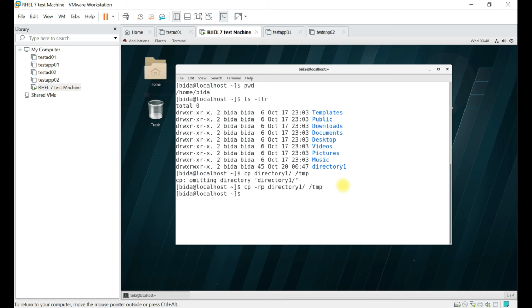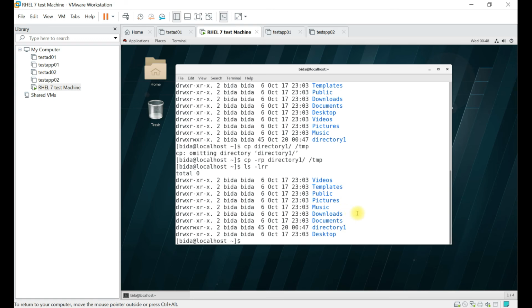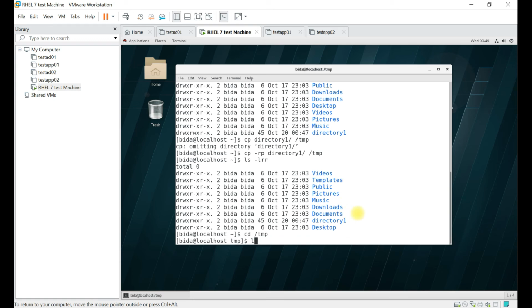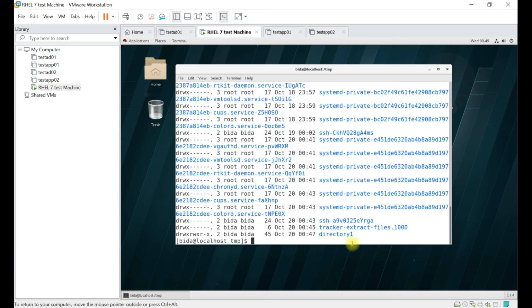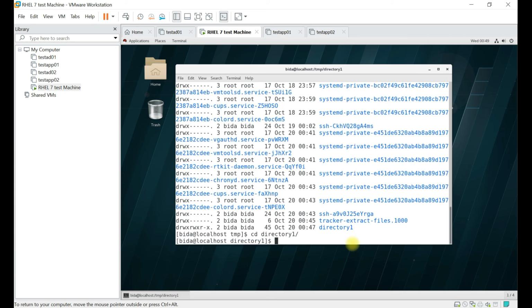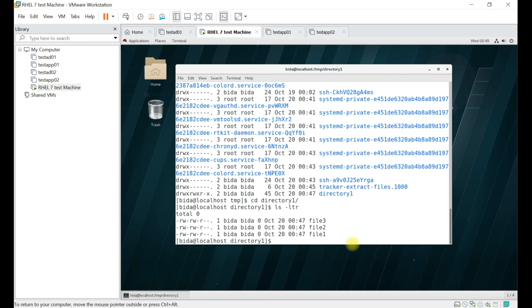Now enter. Okay, it's executed. So we have directory1 here. Now if you go to the temp location, cd temp, you can see directory1 is also available. Let's check whether the files inside are the same or not. Yes, the files are the same.